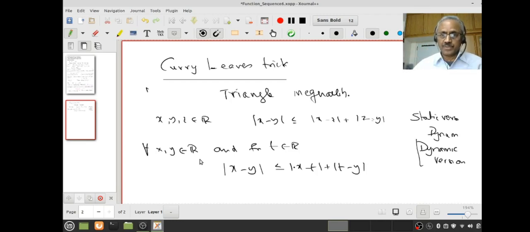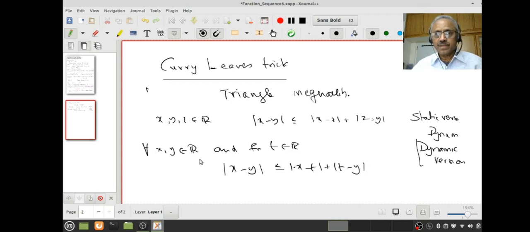I have upper bounds for them, and suppose mod x minus t is less than epsilon by 2, and mod t minus y is also less than epsilon by 2. Then it turns out mod x minus y is less than epsilon, right? So it is a dynamic way of saying: when you want to estimate mod x minus y,